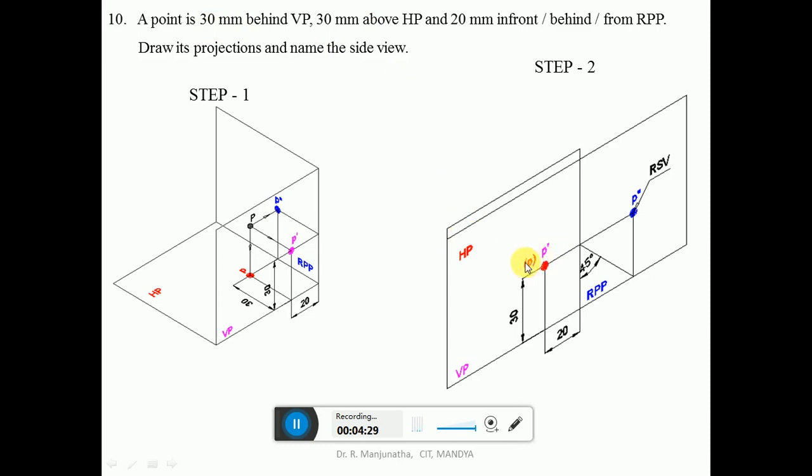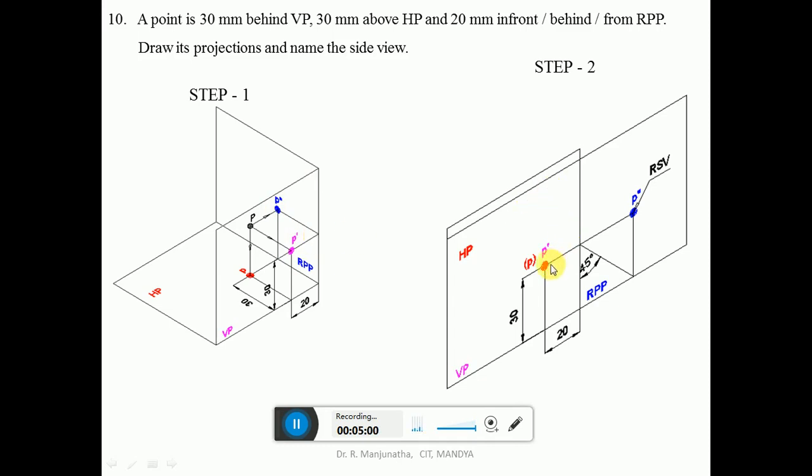Since the horizontal plane is the one which has been rotated, you mark that small p in bracket, because both the points are overlapping with each other. But when we look from the profile view, we can see the distance of the front view, that is 30 mm above HP, and also 30 mm behind VP, which is the top view distance. And when it is rotated, both the front view and side view will be on the same line.